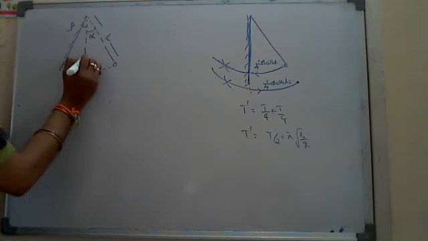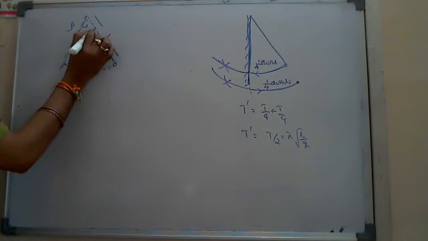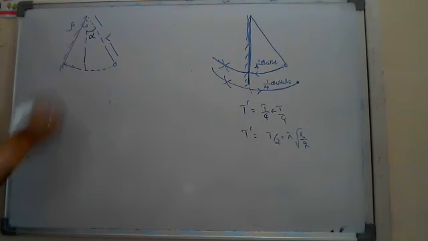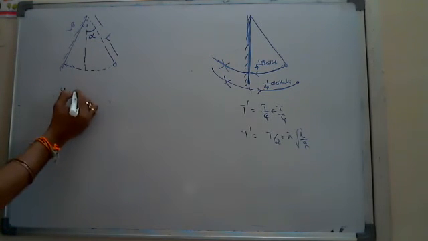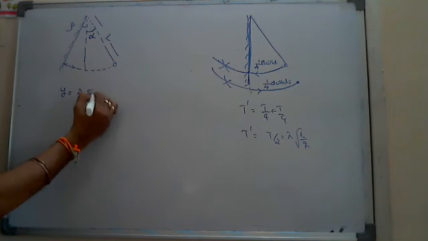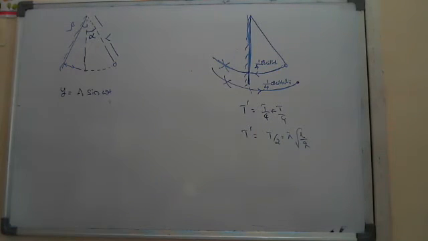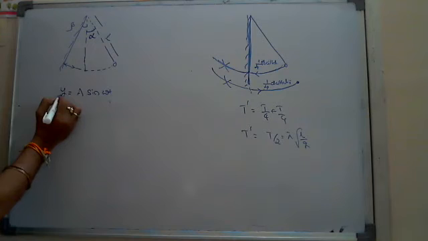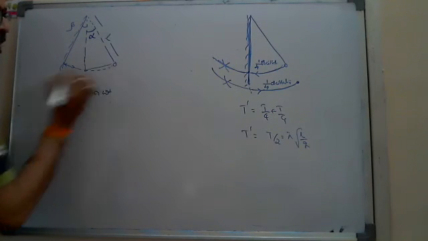Suppose here, instead of the amplitude, if they give the angular amplitude some alpha, that angular amplitude means generally we write y is equal to some amplitude A into sine omega t, if it is started from the mean position. And here that y, if I write in the form of the displacement, for small oscillations the arc length is nothing but displacement.